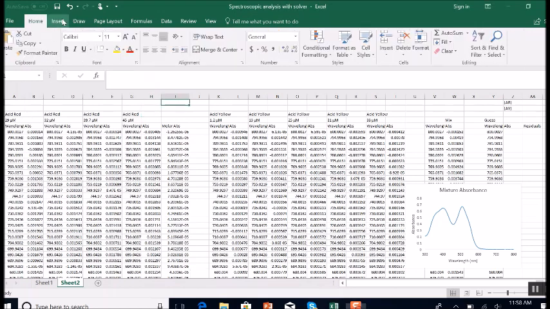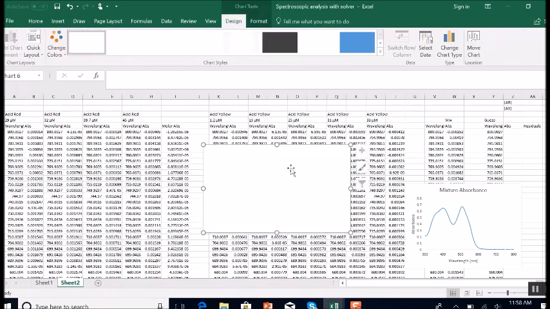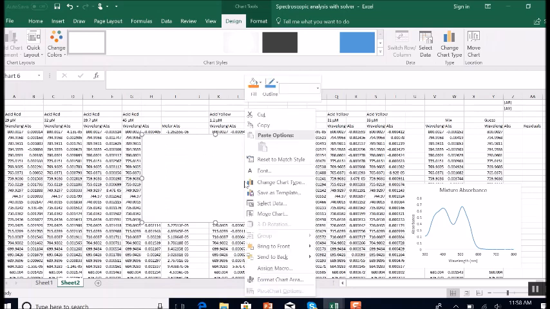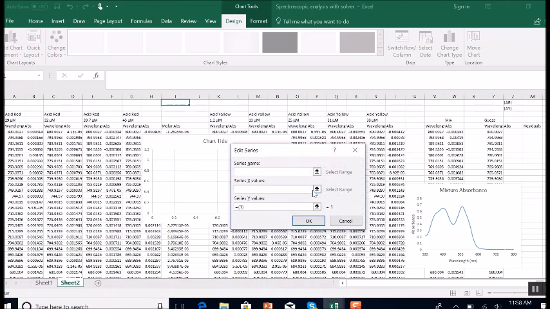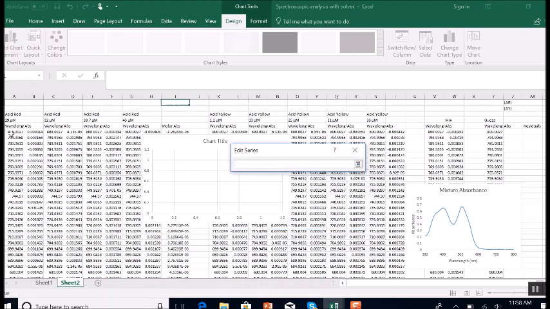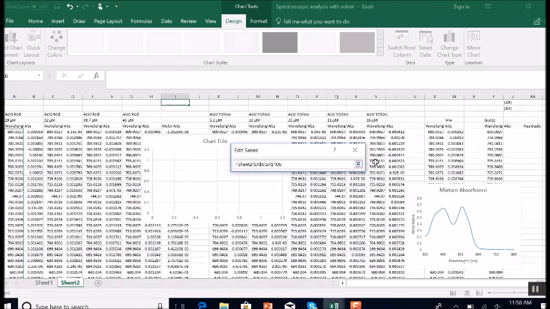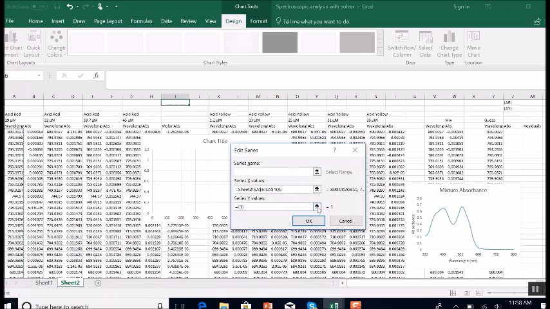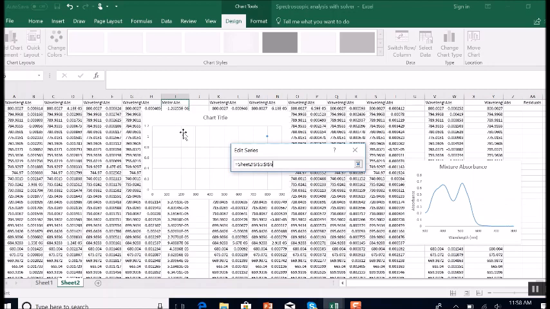Okay, so we're going to insert a chart, an XY scatter plot. And I haven't selected the data yet, so I need to tell it what data I want. So I'm going to right-click and select data. I'm going to add a series, and the X values I want are wavelength values. So I'm going to click on this, and to select everything in the column, you can press Control-Shift down, and it will get that whole wavelength column for you. And then my Y values I want are the molar absorptivity values. So again, I'll do Control-Shift, hold those down while I press the down key,